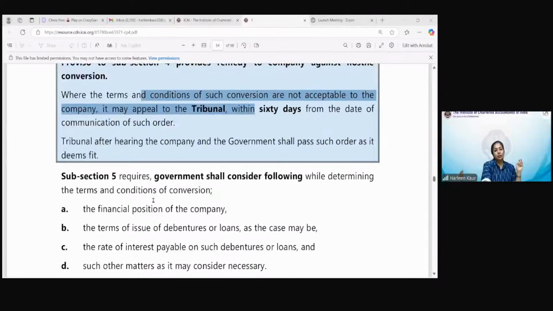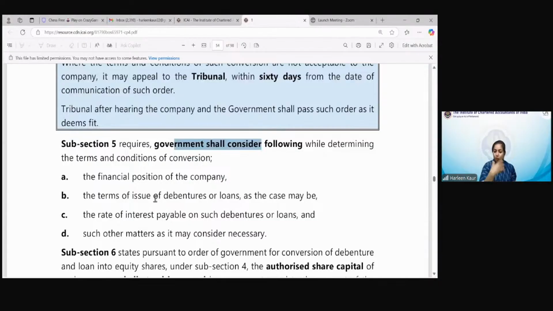Okay, and the tribunal will pass the order. But the government should consider the following things while it is talking about this conversion. Government should see the financial position of the company. What is the financial health? Whether the company is really doing well, shall we increase the capital or not, or shall we pay the debentures back? What are the terms of issue of debentures? What was the rate of interest and any other matters which are necessary? So all these things shall be considered by the government whenever it is planning to convert their debentures